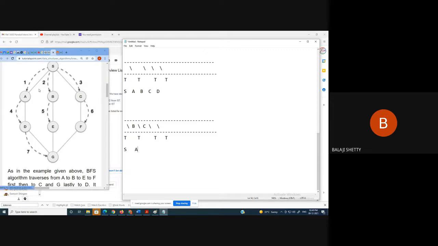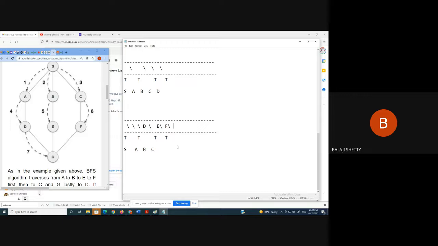Now next, delete A, and insert all nodes adjacent to A, which is D. Correct? Understood? Good. Then next, delete B and insert all nodes adjacent to B, which is E. Then delete C and insert all nodes adjacent to C, F. Clear?